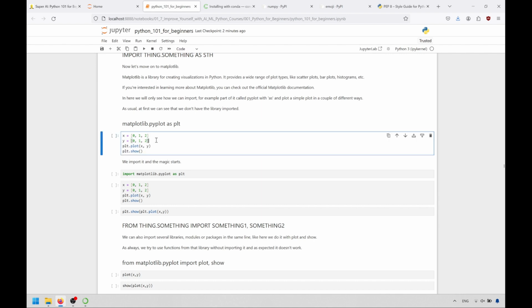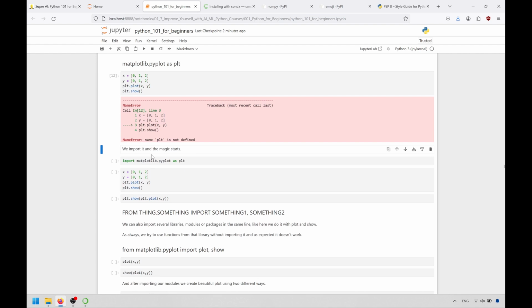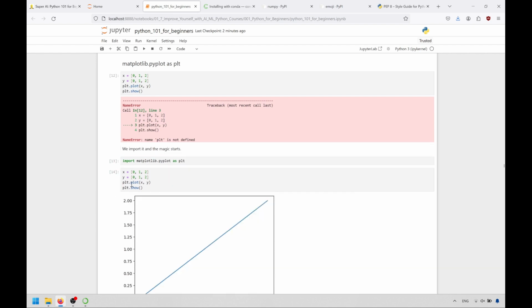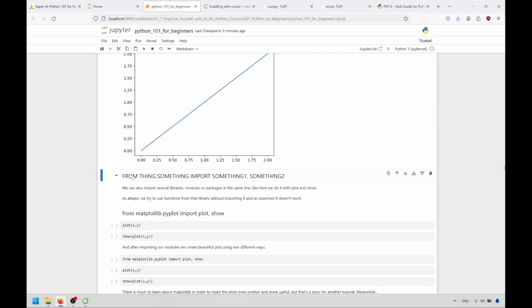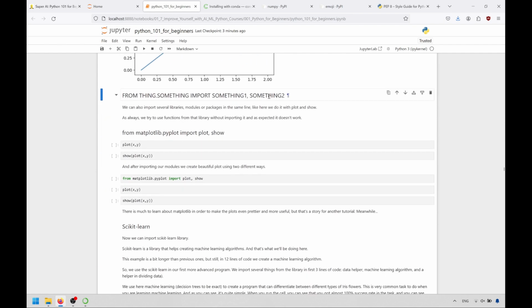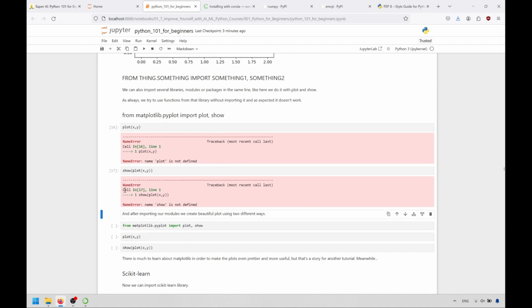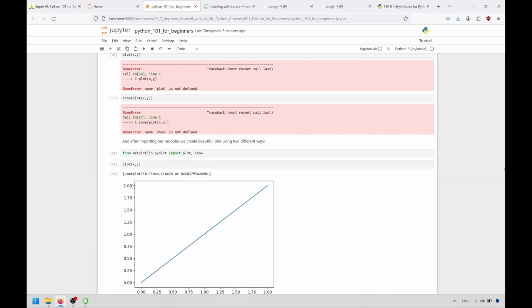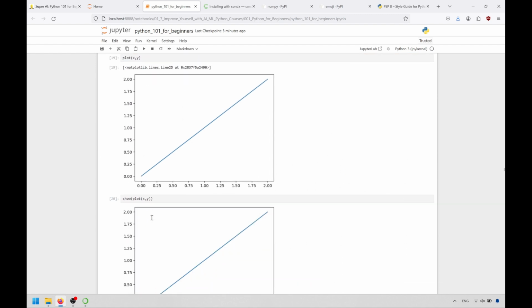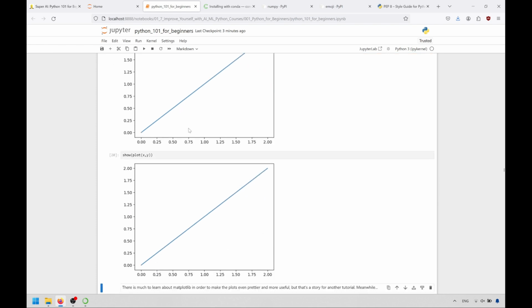As usual, at first we can see that we don't have the library imported. We import it and the magic starts. We can also import several libraries, modules, or packages in the same line. Like here we do it with plot and show. As always, we try to use functions from that library without importing it, and as expected it doesn't work. And after importing our modules we create a beautiful plot using two different ways. There is much to learn about Matplotlib in order to make the plots even prettier and more useful, but that's a story for another tutorial. Meanwhile,